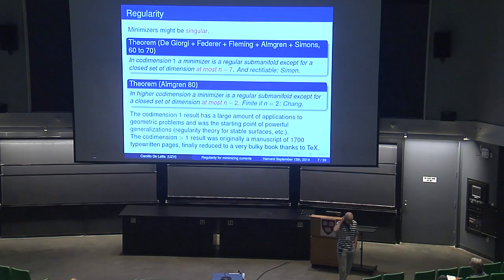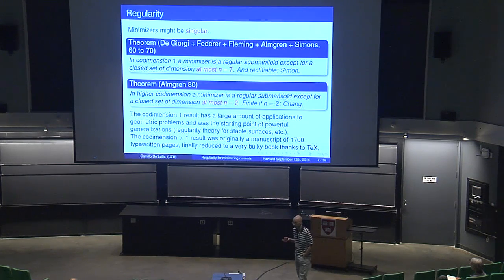I mean, there's actually a beautiful paper of Taubes that ignited a lot of interest in the regularity theory of Almgren because he actually used a particular case. He reproved, in fact, a particular case of this regularity theory that he was using to prove the equivalence of Gromov and Seiberg-Witten invariants. Anyhow, one of the problems with the codimension bigger than 1 result is that originally